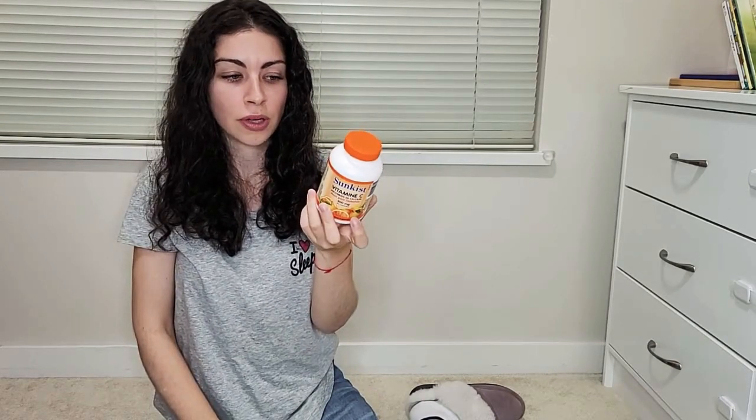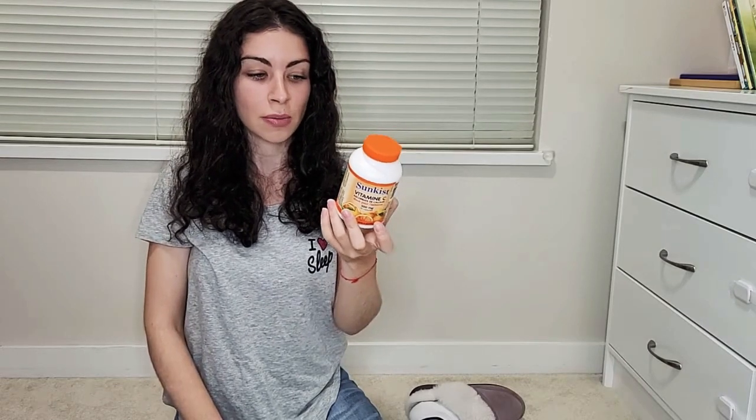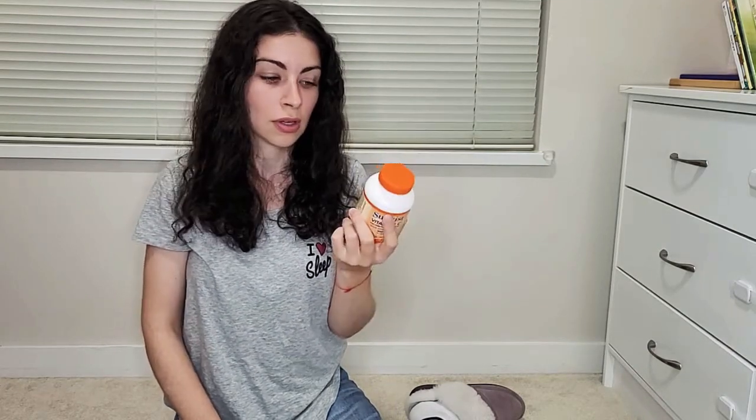I don't know this brand, Sun-Kissed. I've never had their vitamins before, but it was the only one I found on Amazon that was a reasonable price for vitamin C. So maybe next time I'll look for vitamin C on iHerb. But I take this every single day, year round, no exceptions. Yeah. So next thing is